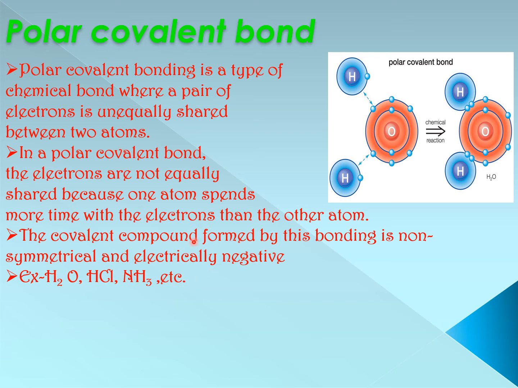Now here is an example of water given to you, which is also a polar covalent compound. Here also the same explanation. Hydrogen atoms and oxygen atom are at different distances and they are sharing electrons. Oxygen is sharing one electron with one hydrogen atom and another electron with another hydrogen atom to form H2O. Another example is ammonia, NH3. Ammonia or hydrogen fluoride also can be another example.